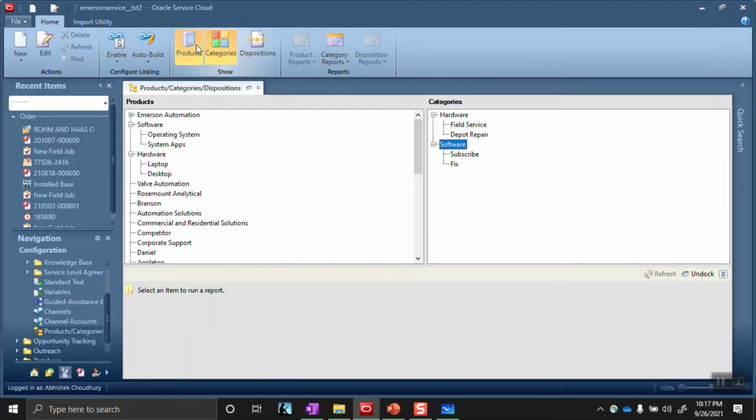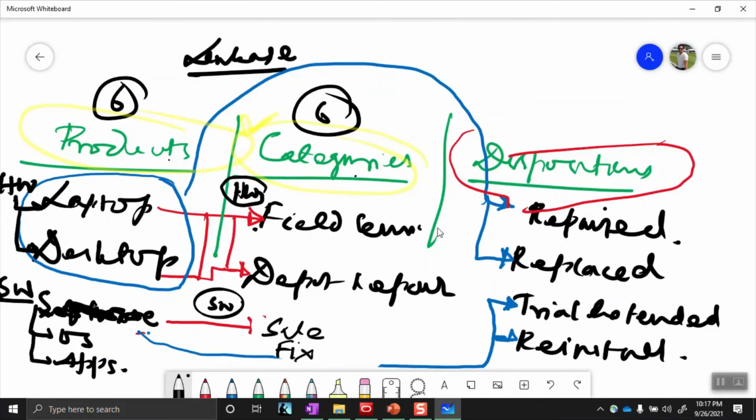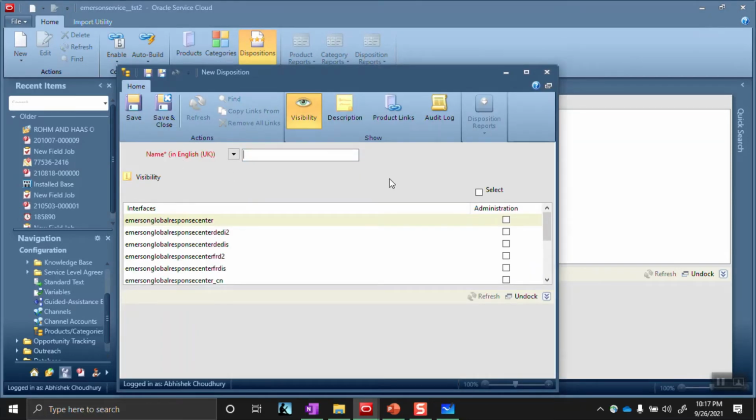So now let me go to the disposition. And in the disposition I have hardware. For hardware I will have repair and replaced. So as I mentioned, disposition is something which is only visible to your internal employees, and that is the reason you can see that the end user checkbox is not visible here.